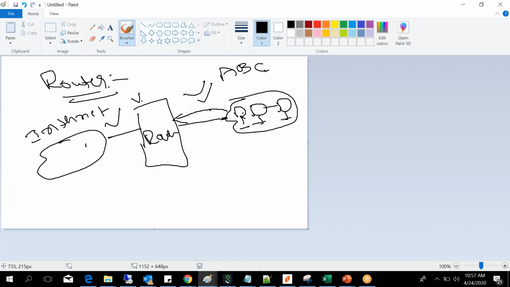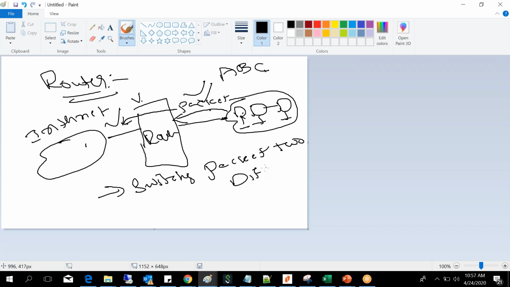Once the packet comes from here, it will switch from your network to that network. So the functionality of a router is switching a packet between two different networks. That is the main function of a router.